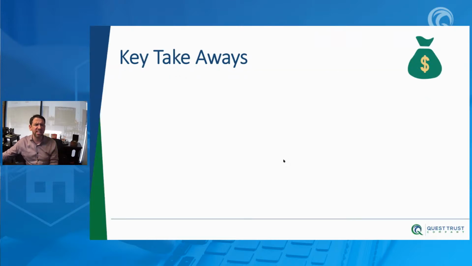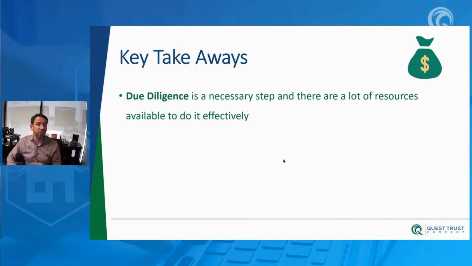So what are the key takeaways from this specific case study, right? First off, do due diligence. Due diligence is definitely a big step in this type of thing. Now, when we talk about due diligence on a syndication, usually it's not as easy to do due diligence on the deal, but you need to do it on the syndicator, right? Make sure they have a strong track record. Make sure they are using good SEC attorneys.